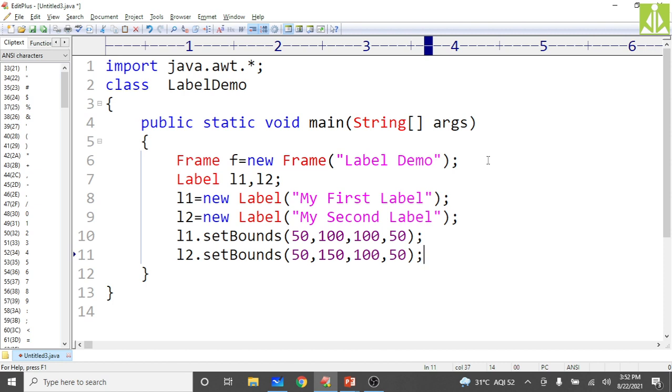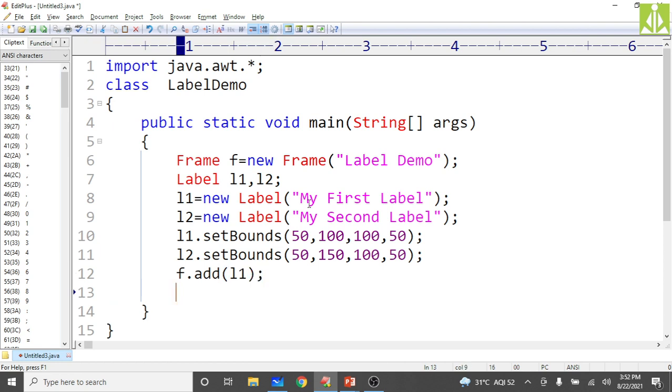So L2 is also positioned. Then what we have to do is add these two labels on the container. This is my container and these two are my components. So add these two components on the container. F is my container, call the add method, f dot add of l1, got added to the container.